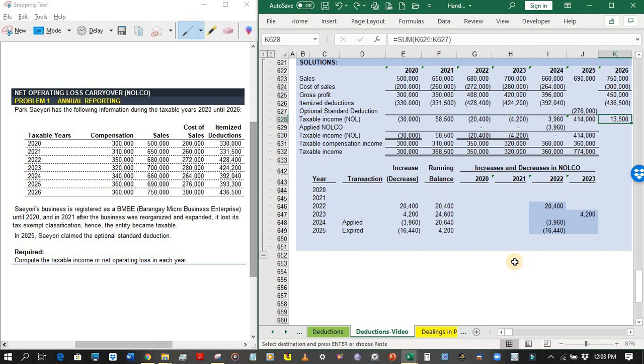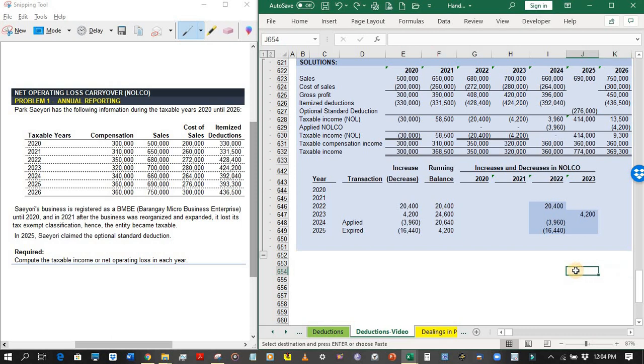And that is why our taxable income is 13,500. And the question is, can this be reduced by the amount of available NOLCO? So our NOLCO at the start of 2026 is 4,200. The answer is yes, of course. The 4,200 can be deducted from the 13,500. So which means that the taxable business income after the applied NOLCO is 9,300 pesos. And of course, this will be added to the taxable compensation in 2026 of 360,000 pesos. That is why our total taxable income from both compensation and business is